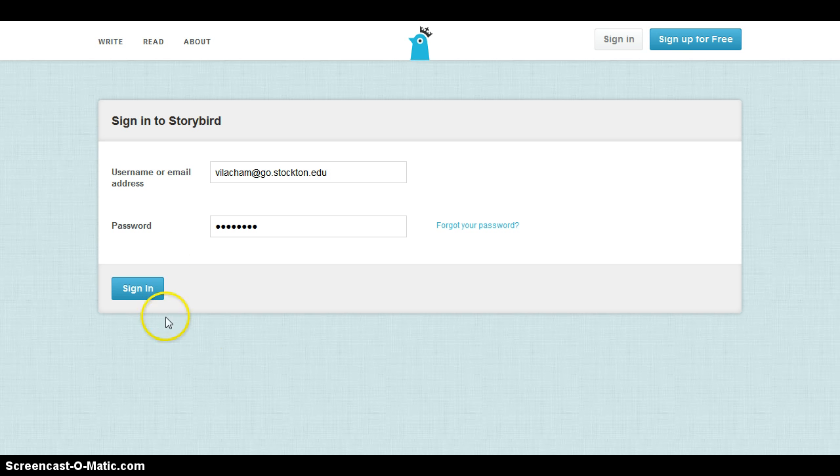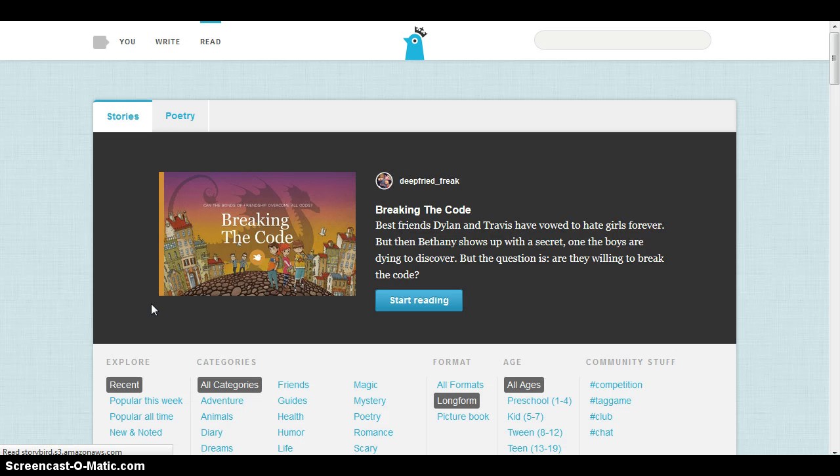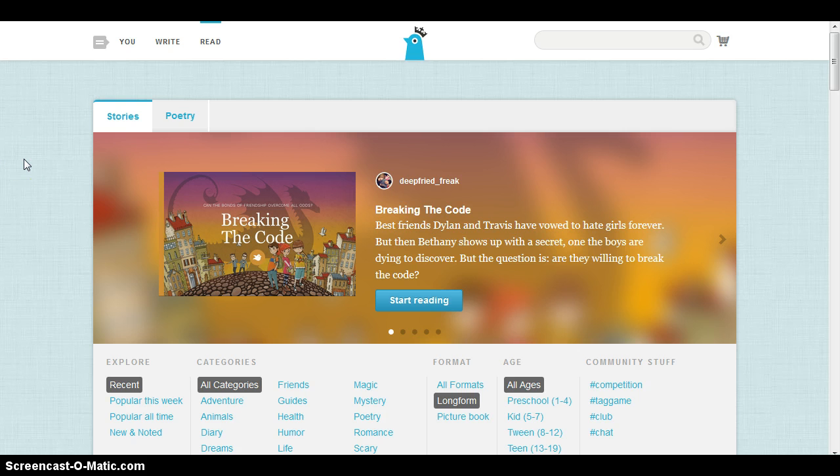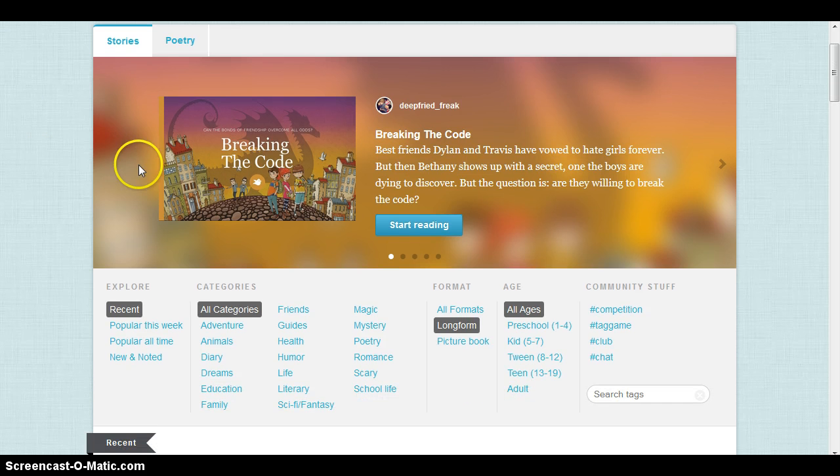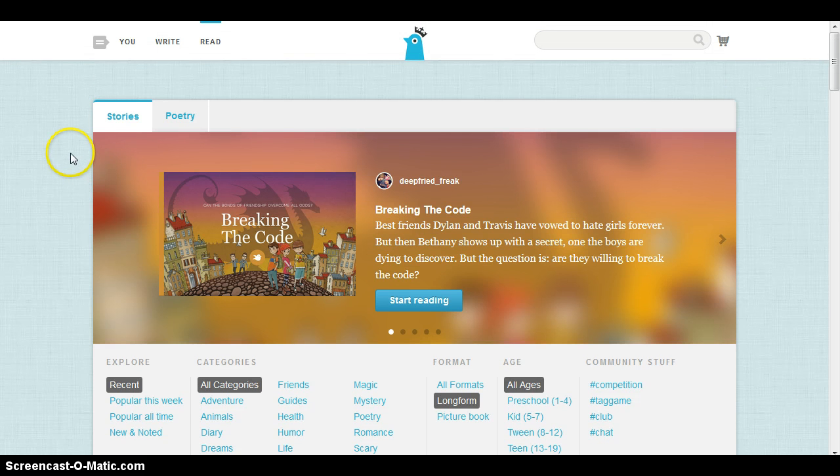So to start, we're going to sign in with your user or email address and your password. Your first or start page is going to look a little bit like this, giving you some interactive information of what other users are creating at this time. When you go to the top part of your screen, you're going to see there are 3 different tabs: read, write, or you. So let's start by clicking on read,